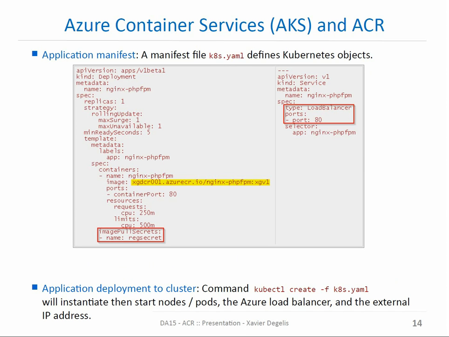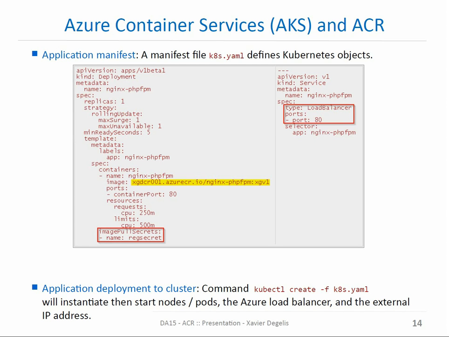The most important step for deployment is to build an application manifest. The manifest file k8s.yml defines Kubernetes objects. Three important indications here. First, the image that we need to pull, and you see this is the ACR fully qualified login server name with the image name and the tag. Second, since it's a private registry, we need to make sure that the attribute imagePullSecrets points to the regsecret